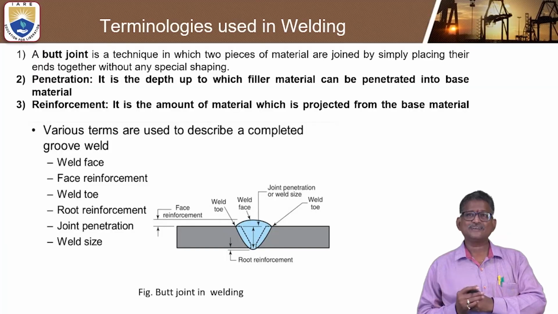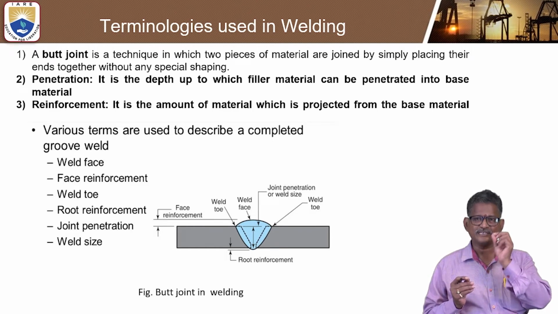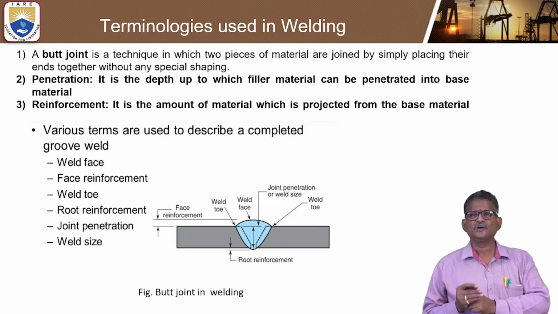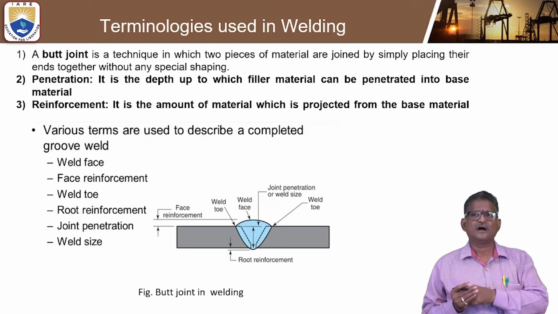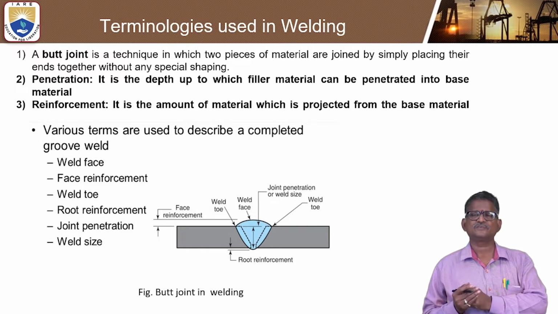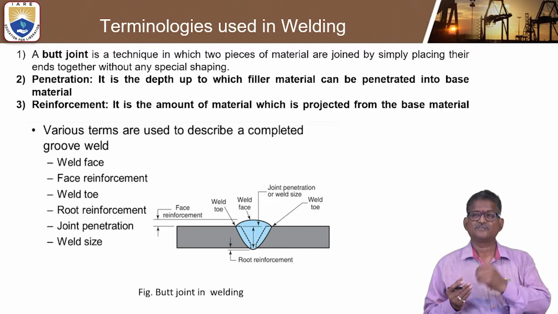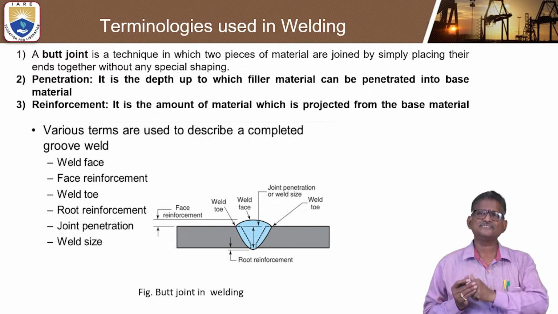Let us see what the terminologies used in welding are. First of all, a student should be able to understand the terminology. Because of this terminology, you can identify which type of problem you may have to solve, whether it may be resistance welding problems, arc welding, gas welding problems, friction welding problems, or butt welding problems. Whatever it is, the first and foremost thing is you should understand the terminology used in the welding